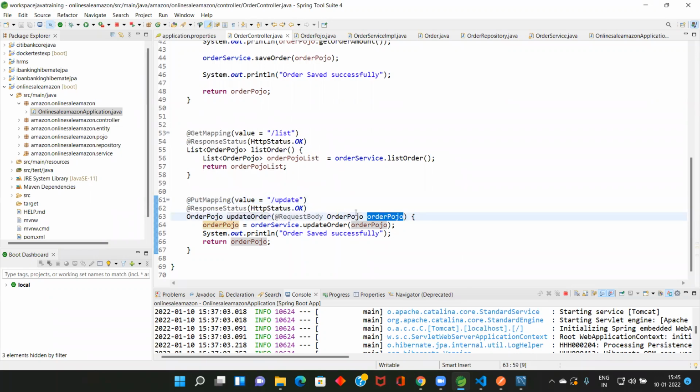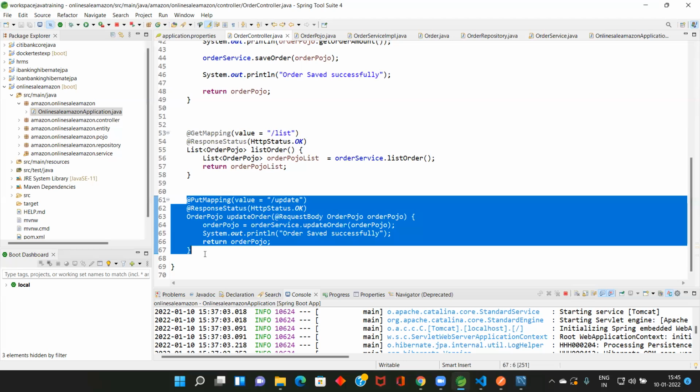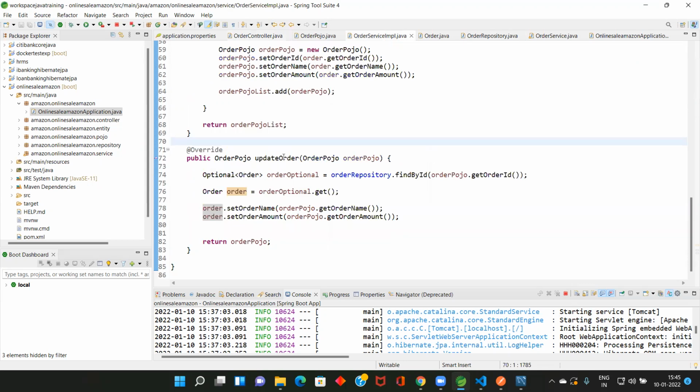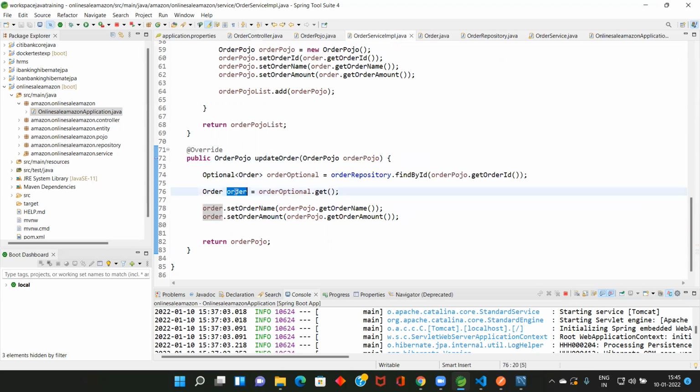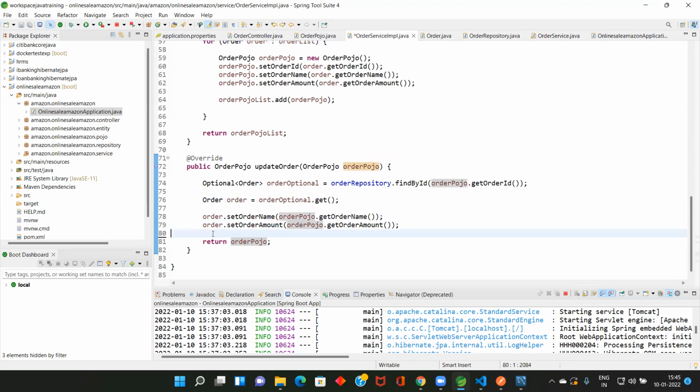From there, it will take the request body, all the things will be copied here. From there, this is the code related to update and order repository. When you go to order repository, order service, this is an update. Here, we are pulling the detail, and after that, we are getting the entity. You are changing the value that we are sending from there. So now at a high level, you can understand what we are trying to do.